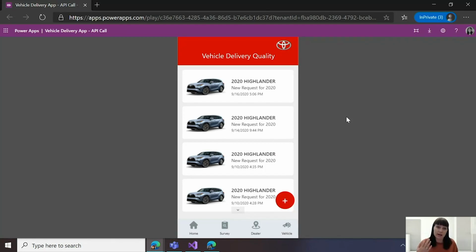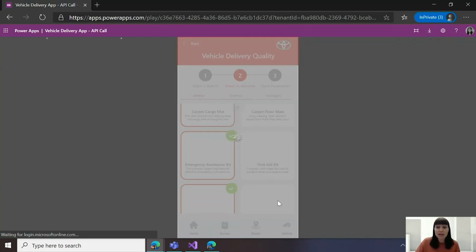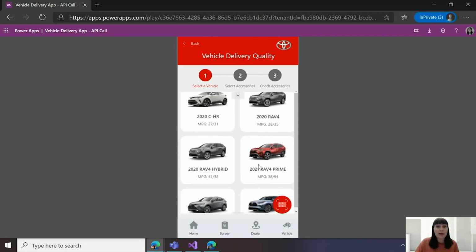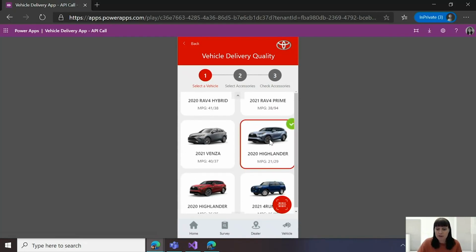So they have an application here where the field rep that they are sending out to inspect the vehicle, after the dealership has installed the accessories but before the customer picks it up, has this Power App where they can list what the accessories are and make sure the right ones are installed. So in this case, before it's extended, when I'm in front of a car, I can go and select it. Let's say I'm in front of a